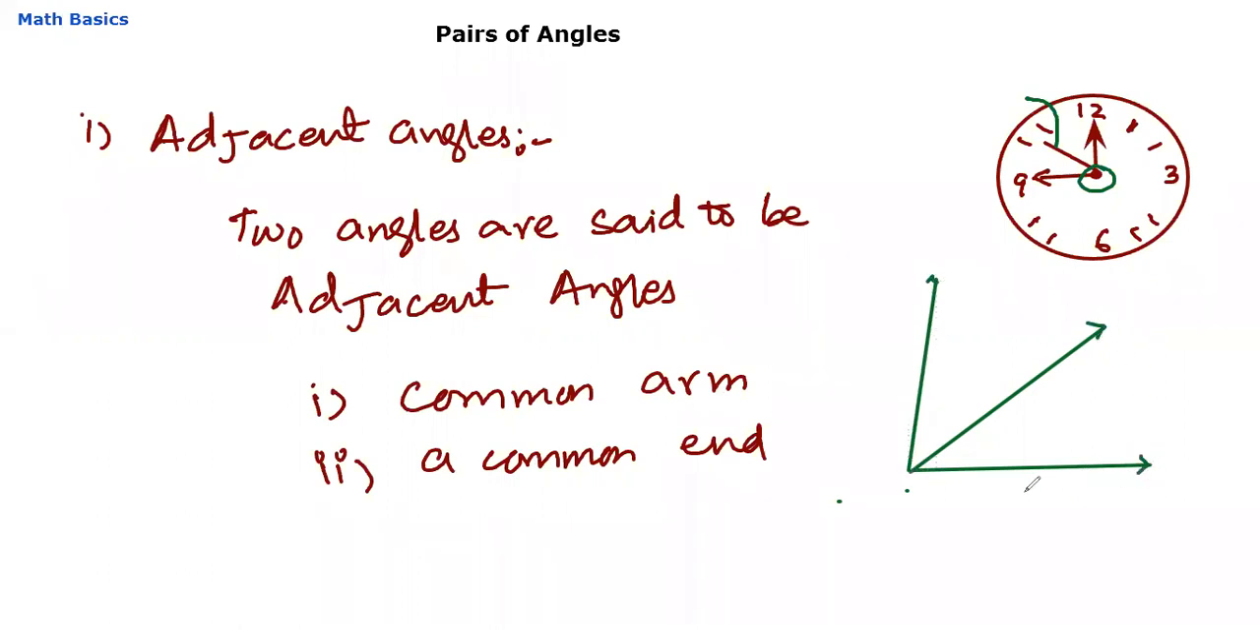Here, let's suppose we have OA ray, OB ray, and OC ray. Now these two angles, this is the first angle and this one is the second angle. So these two angles are said to be adjacent angles because they have a common arm here. This arm is common between these two angles and they have a common